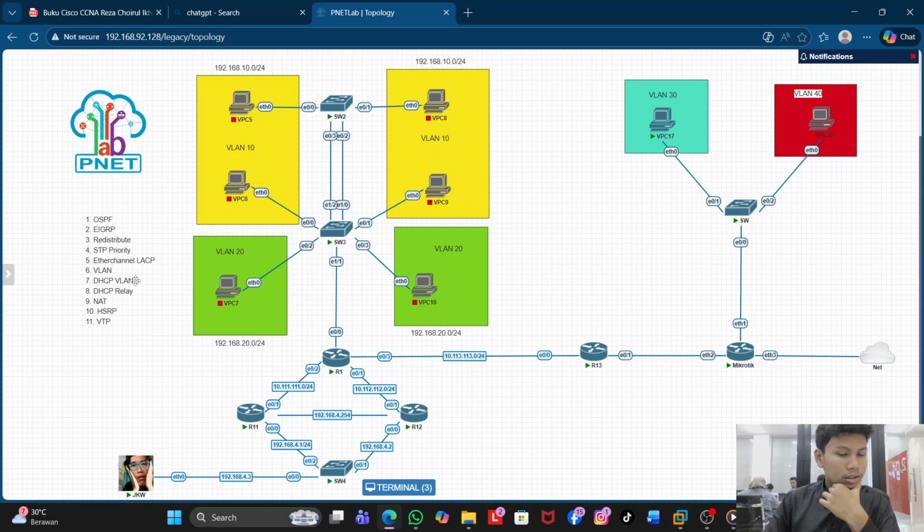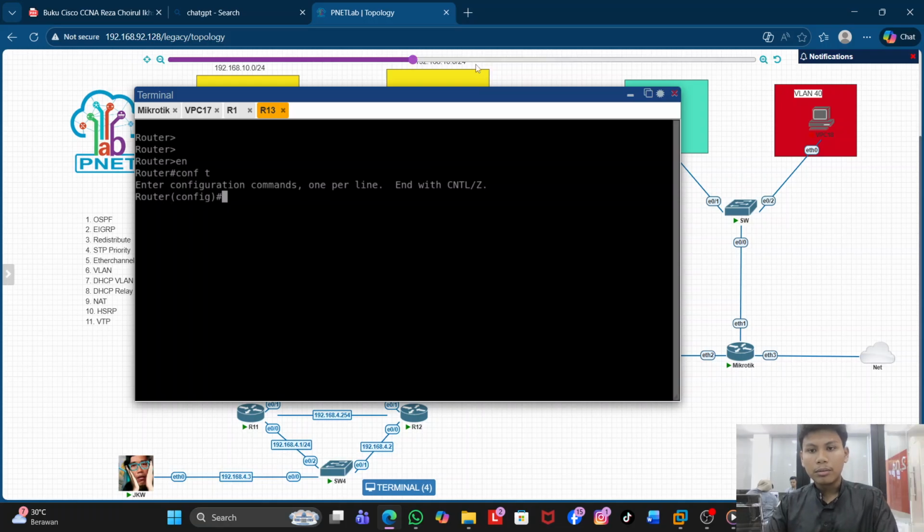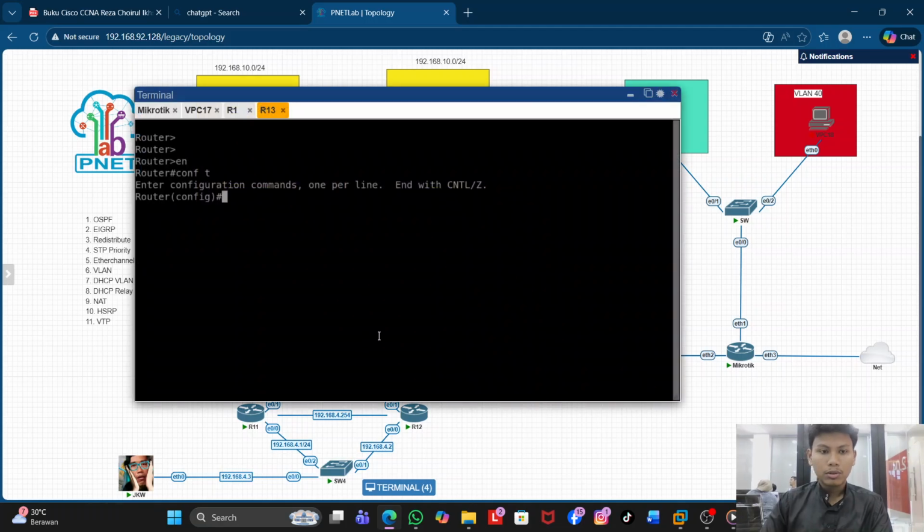Next, the third point is redistribute. Of course I configured the redistribute on router 13, because router 13 is in between the routing protocols, here EIGRP and OSPF. So I redistribute to connect between different routing protocols.